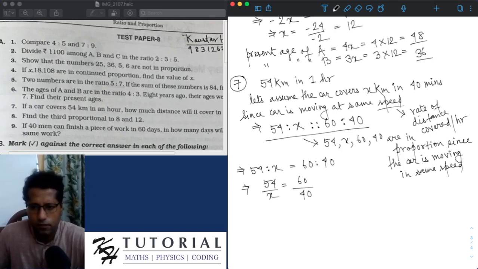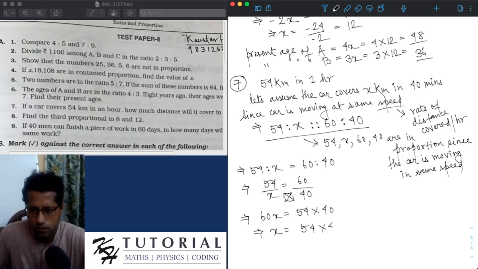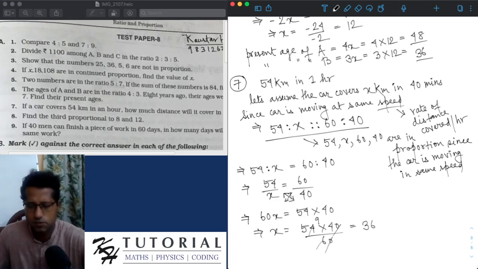Now if you do the cross product, we can equate and say that 60x equals 54 multiplied by 40, and this implies x equals 54 into 40 divided by 60. 0 cancels and 6 divides 54 with 9, so this is 36. So x equals 36, and so the answer is